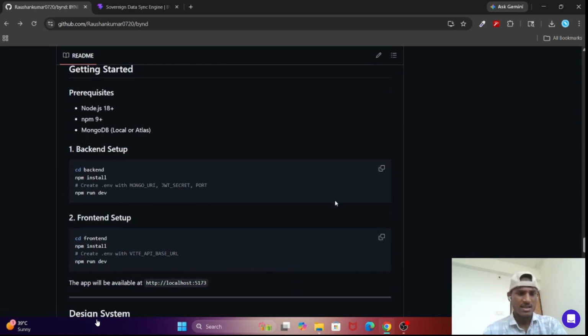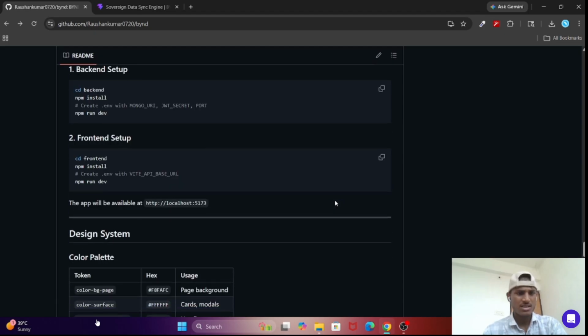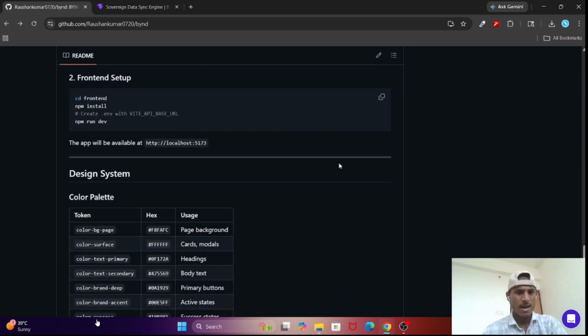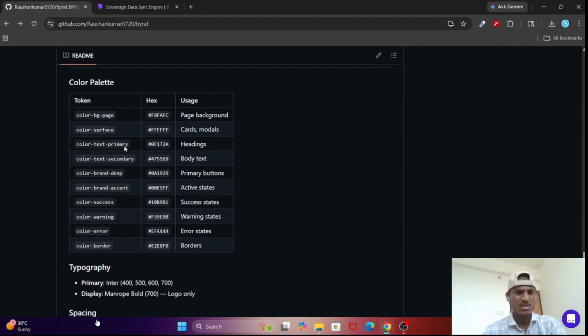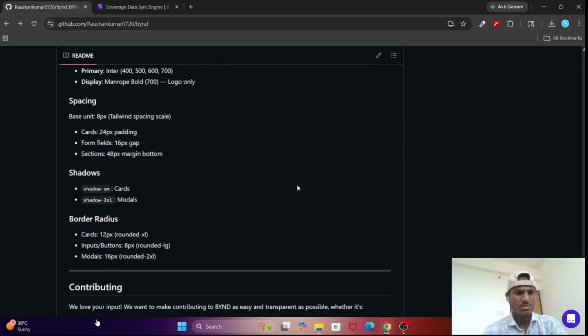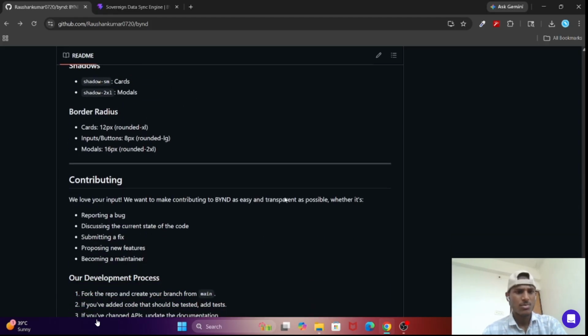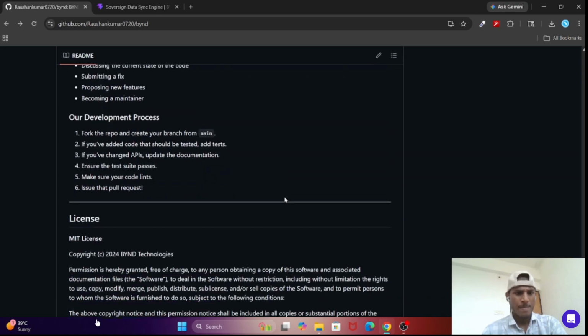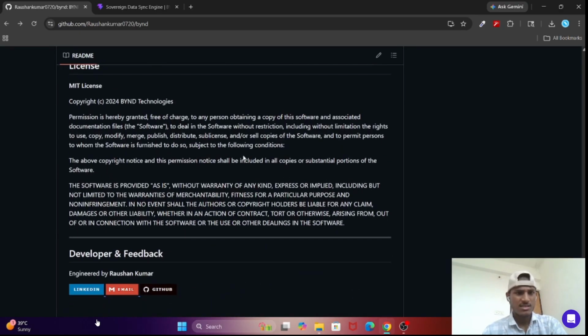Then there is getting started, backend setup, and frontend setup. You can fork and then git clone it to your local devices. After that come the design system, what colors I have used, typography, spacing, status, border radius, the development process, and license.